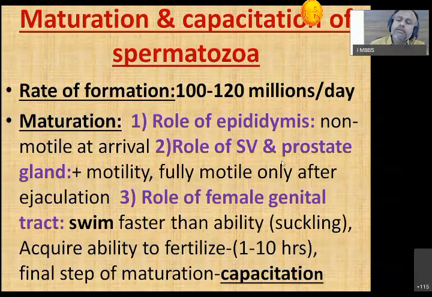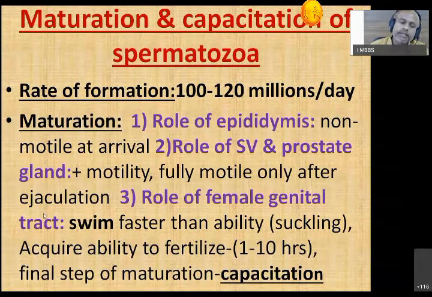What are the contents or composition of seminal vesicle fluid and prostatic fluid that we have seen in the last lecture? Seminal vesicle fluid contains fructose that will provide nutrition to the living spermatozoa. Prostatic fluid will contain the fibrinogenase enzyme for the clotting and liquefaction of the semen in the female genital tract.